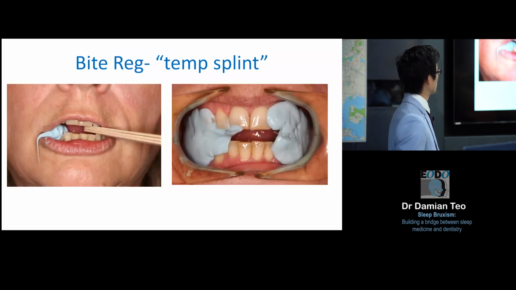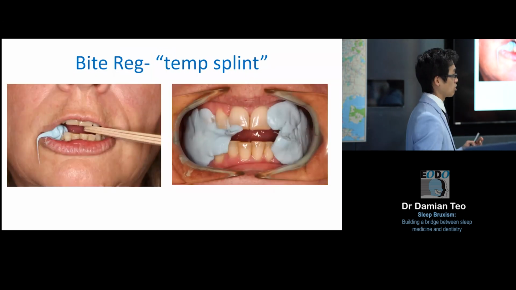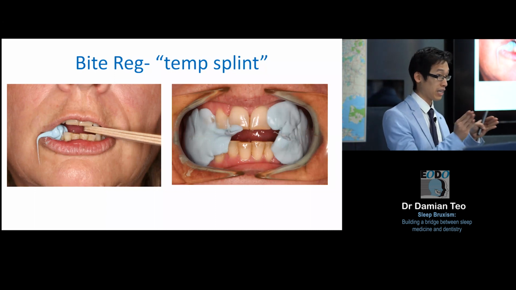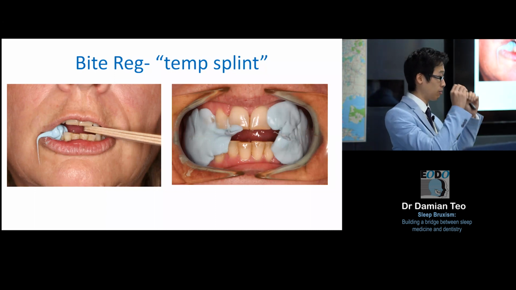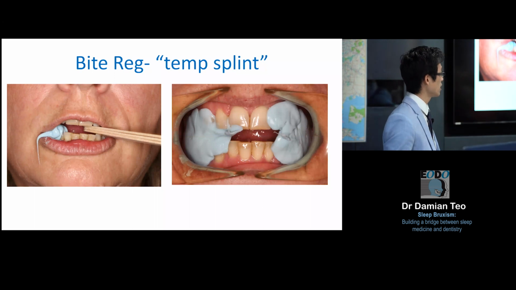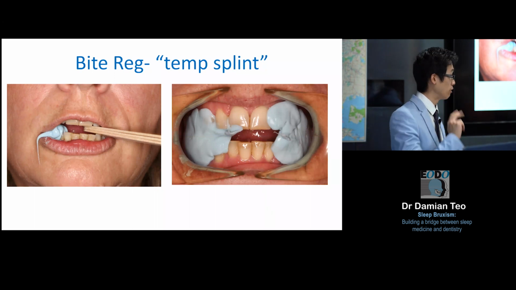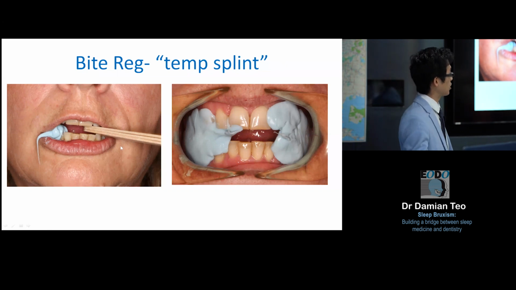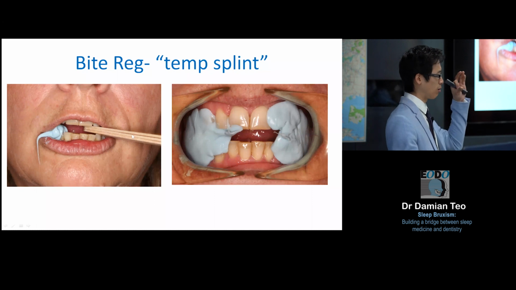And what we did was I took a bite registration to make a temporary splint for her. And working with her, we sort of figured out the best position and opening to hold her bite, which was roughly where she was pushing her jaw before. And I just got her to bite on different tongue blades to sort of hold the bite in the position we wanted. And initially we started with, she felt it needs to be open quite high, so we started with